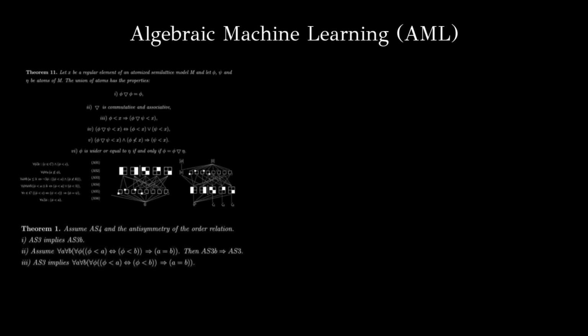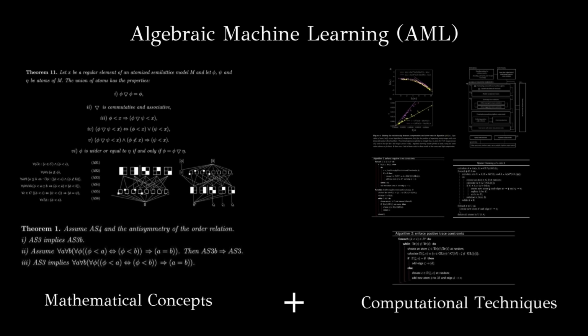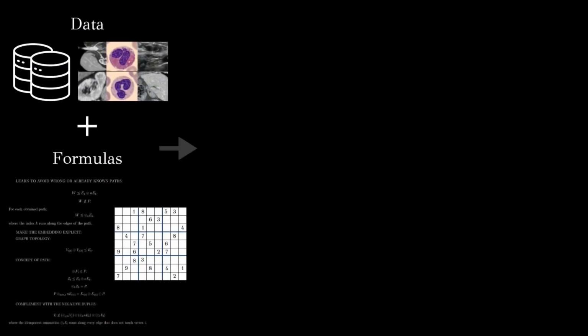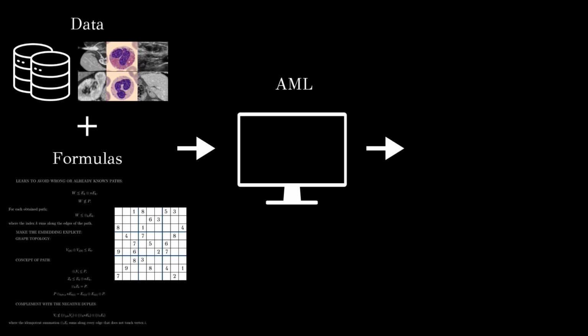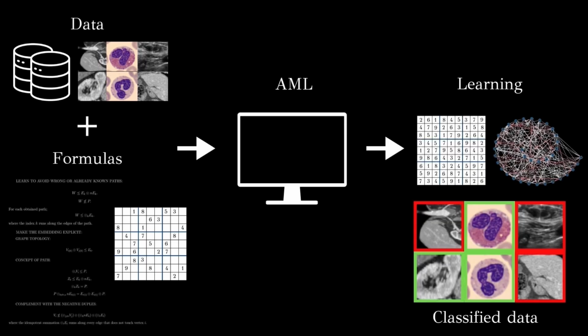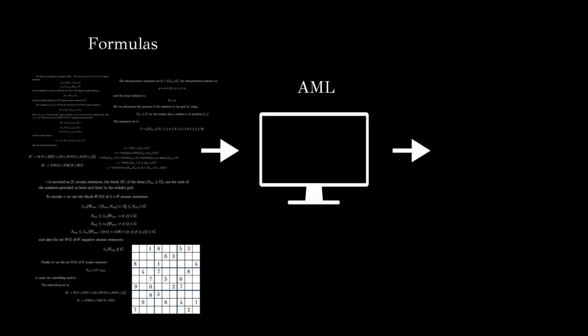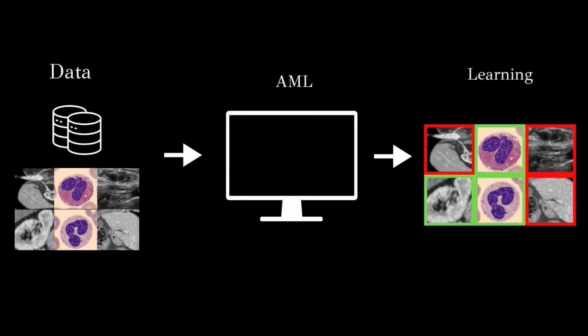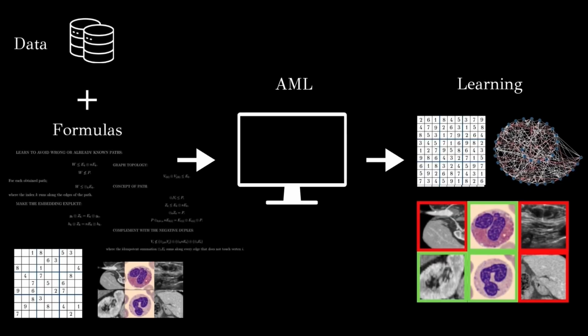Algebraic Machine Learning, AML, is a set of mathematical concepts and computational techniques that allow computers to learn not only from data but also from formulas. With AML, it is possible to learn from just a problem description, like for example, learning to solve or create Sudokus without using data. AML is also capable of learning from data, just like neural networks, but it can combine data with prior knowledge given in the form of a set of formulas, so we can provide information we know